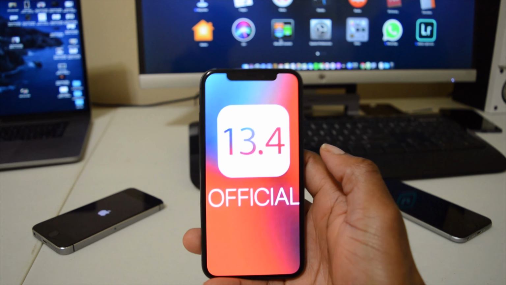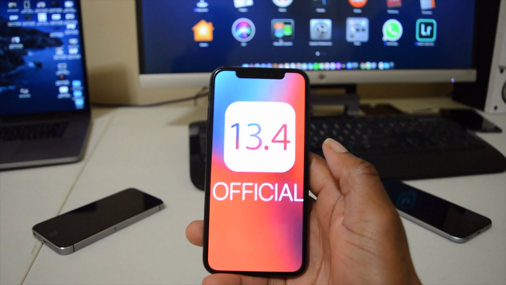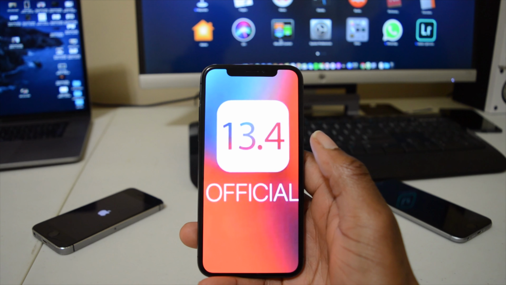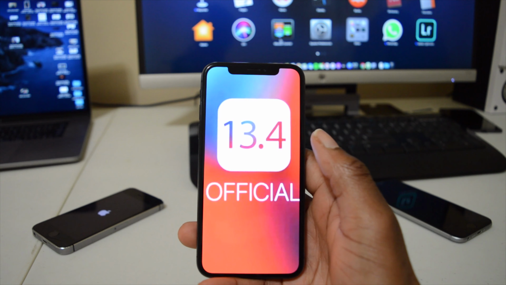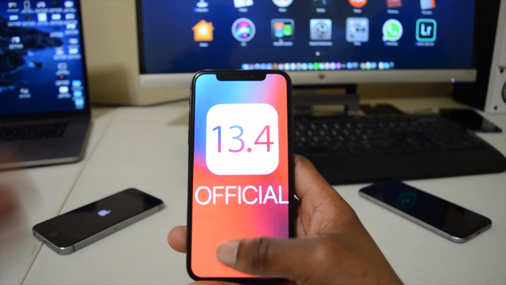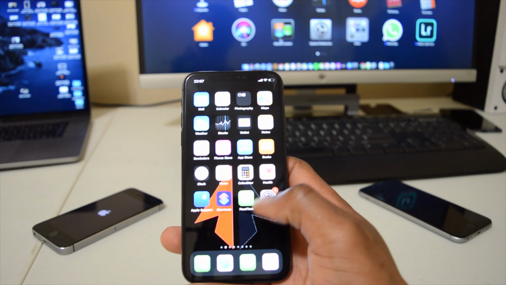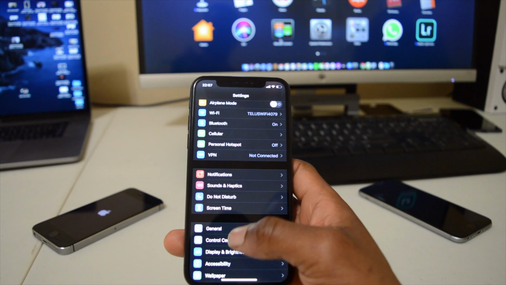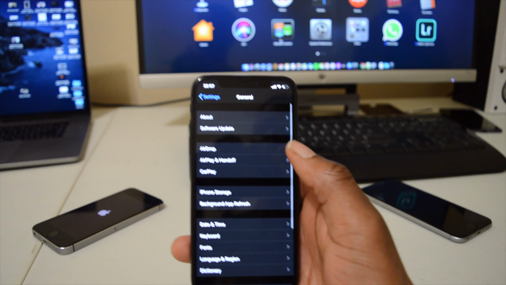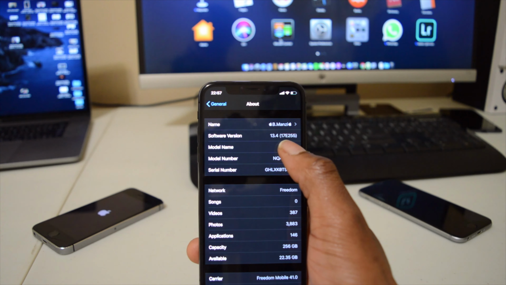Okay, so guys, this is the phone that I've installed iOS 13.4, the official version, on. I had to go ahead and delete the beta profile so that I could install this official public version. So without wasting much time, let's see what has changed. We'll begin with the build number. If we go to settings, then general, and then about, we can see that the software version is now